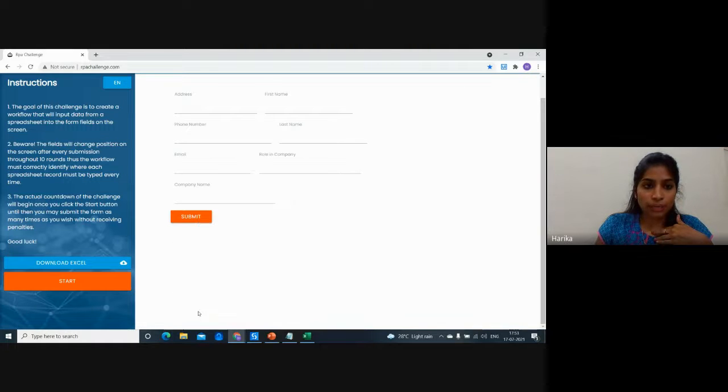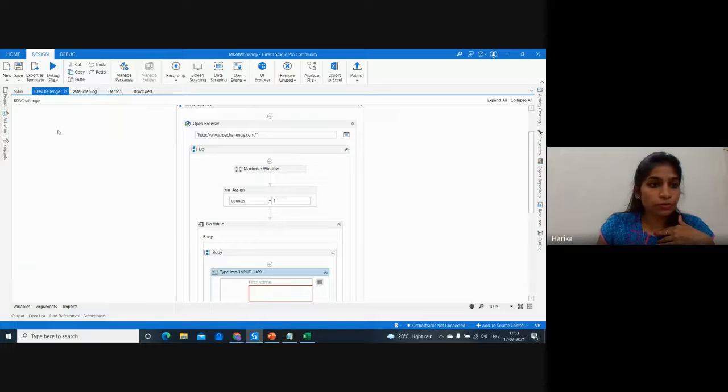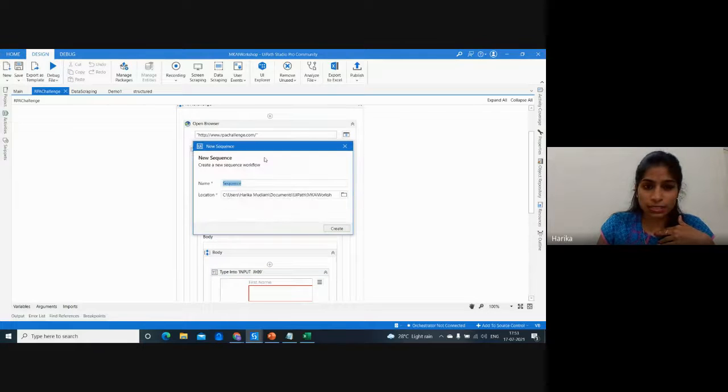So I'll just click on submit again. This pattern has changed again, and then again it has changed. So this is not a constant format, right? This keeps on changing, and we are not sure how the robot can work in this kind of situation. So first, what I'm going to do, I'll just create a small sequence in front of you right now.